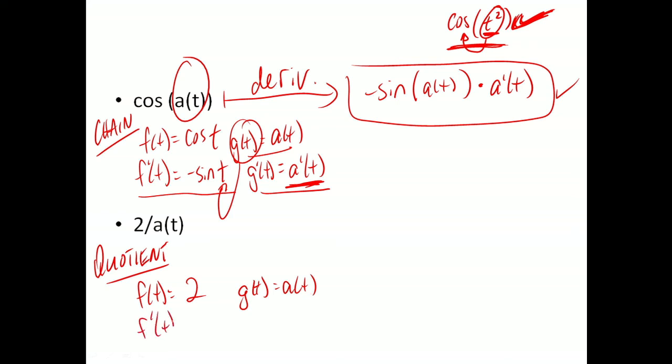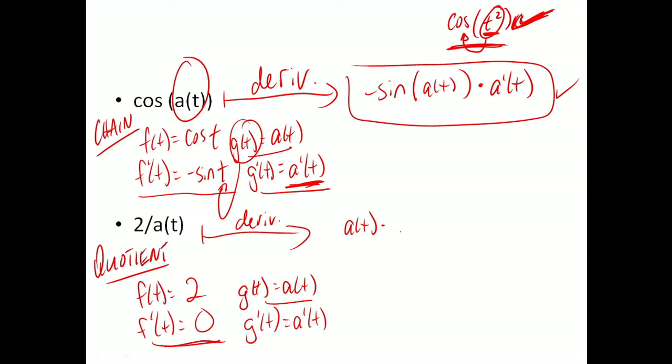Okay, I proceed with the quotient rule, which says I need the derivative of each of these characters. Now, the derivative of 2 is 0, right, because the derivative of a number just by itself is 0. And again, in a silly way, the derivative of g, g prime, is just a prime, because g and a are the same thing. All right, so I fill in the quotient rule, which says this should be the bottom, g, which is a, times the derivative of the top, which is 0, minus the top, that's 2, times the derivative of the bottom, which is a prime, all over the bottom squared, which is, again,